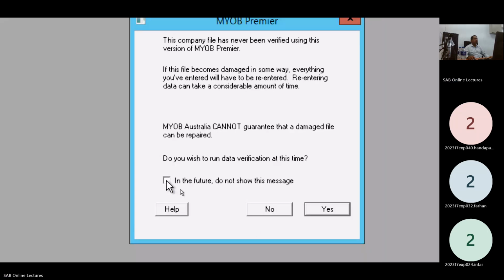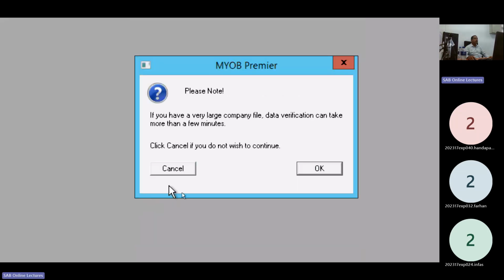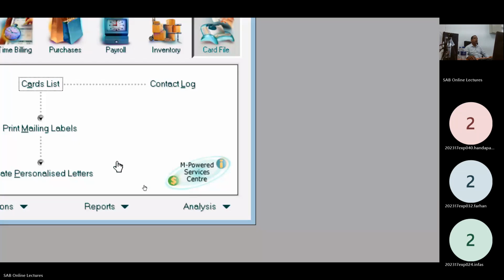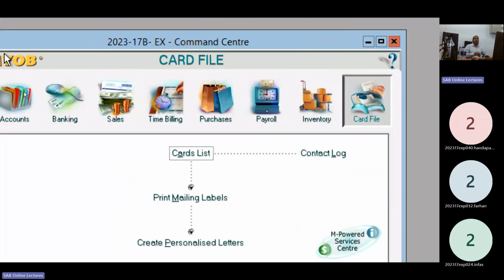Here, in the future, do not show this message. Yes, click here. If you cancel, you do not wish to continue, click OK. No error file open. If you have any doubt regarding your database, click on the cancel option.